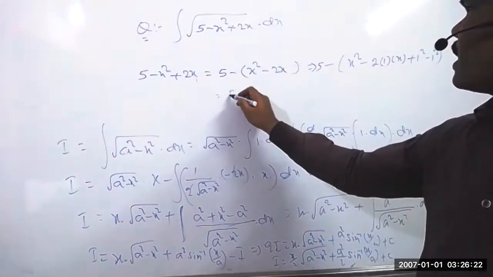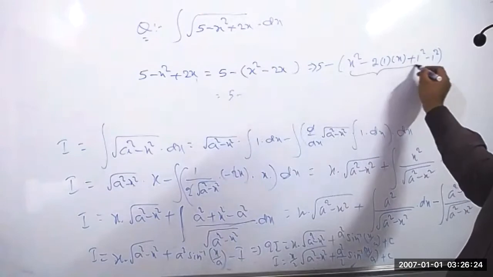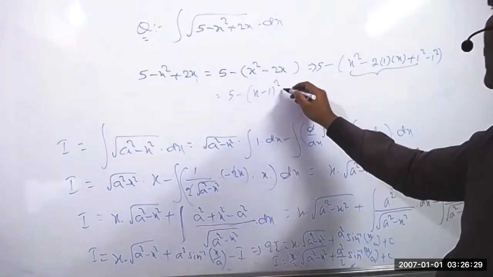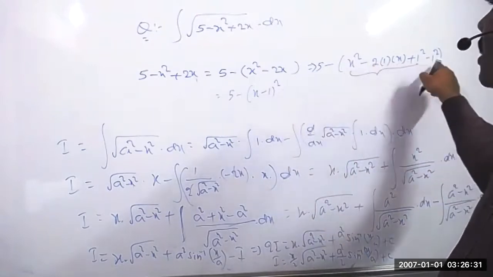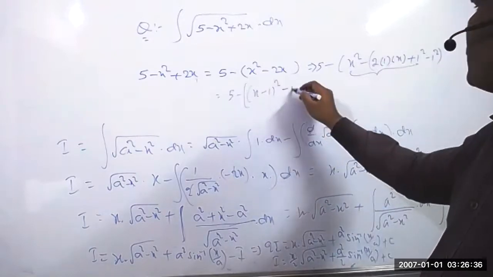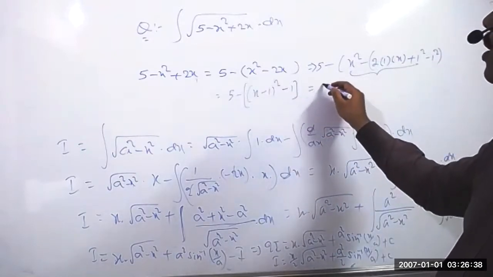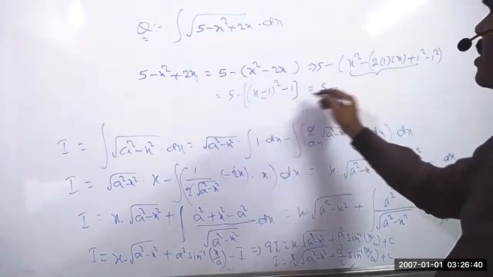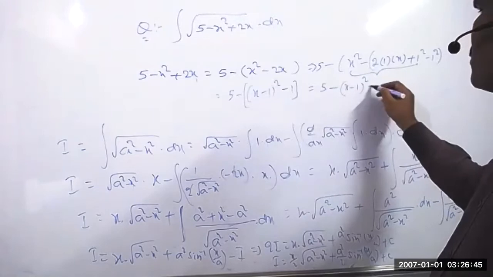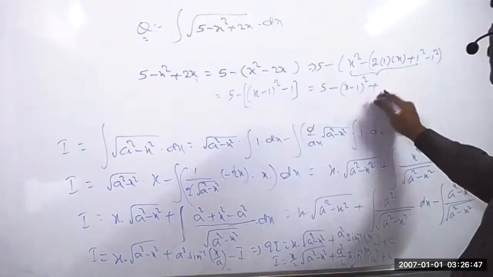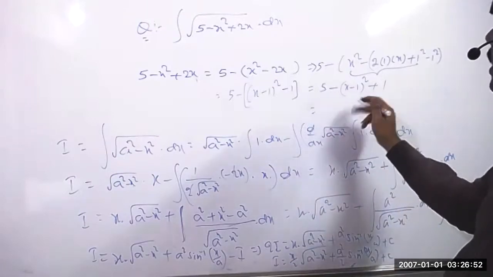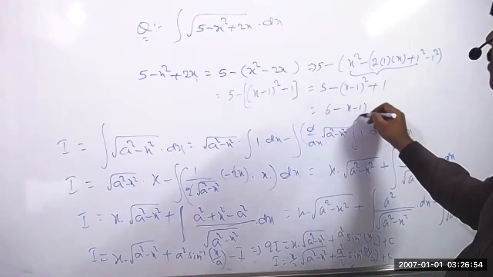So now we can write clearly 5 minus of, from here to here, whatever the formula, a minus b whole square. So you can write x minus 1 whole square and minus of this value. If you want, you can put the bracket here, and minus 1. So 5 minus of, minus into plus equal to, you will get minus x minus 1 whole square, and minus into minus equal to, you get now plus 1. Now this value you can write 5 plus 1 equal to 6, 6 minus x minus 1 whole square.